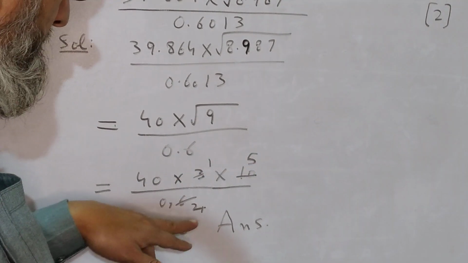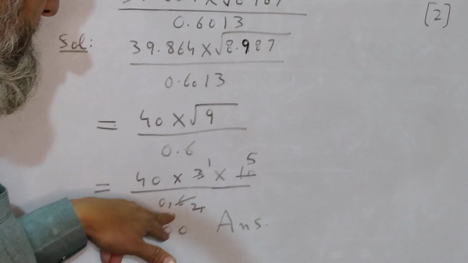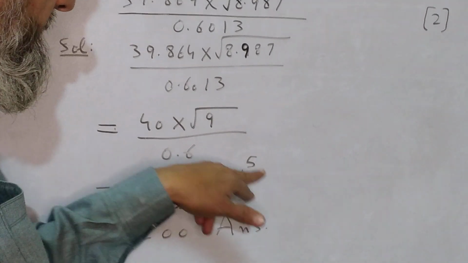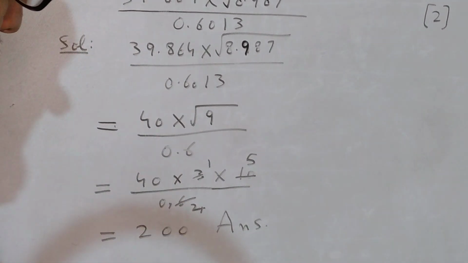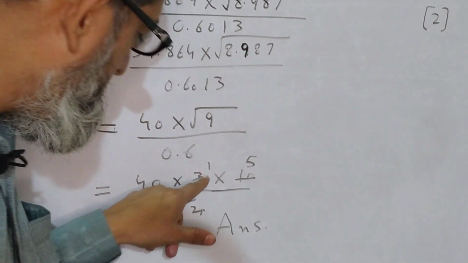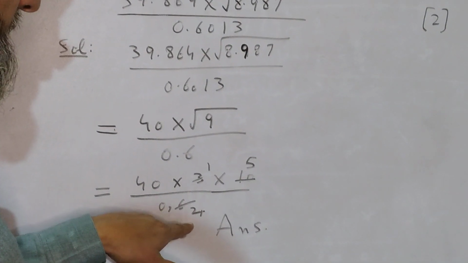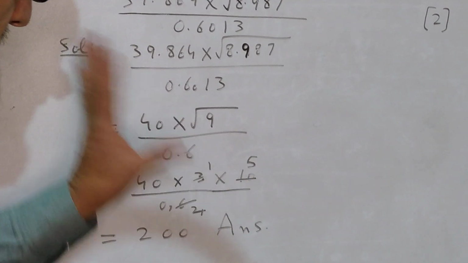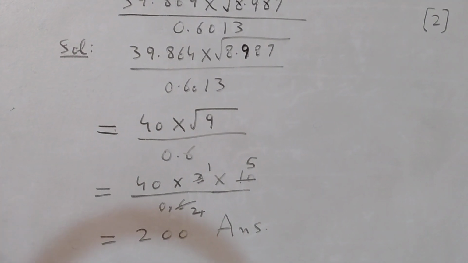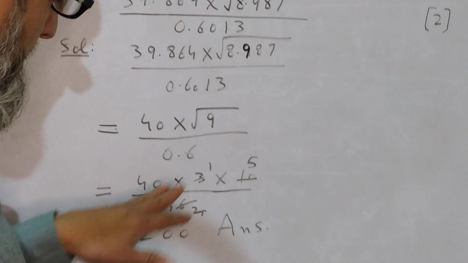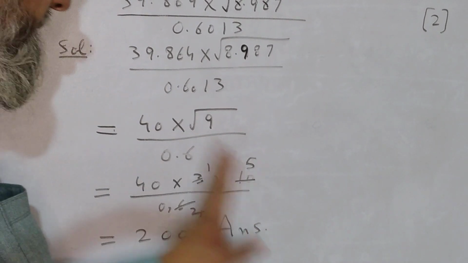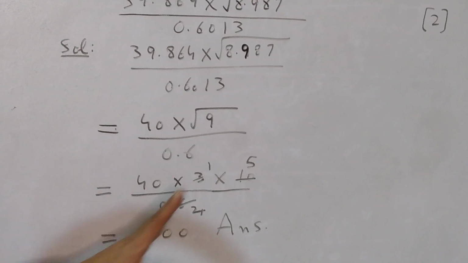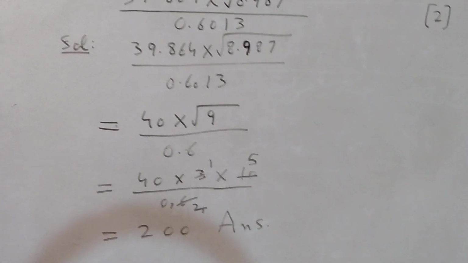And then here we remove this decimal. When the decimal is removed, in the numerator there is 10. So now we solve it. 3 times 1 is 3, 3 times 2 is 6, and then 2 times 1 is 2, and 2 times 5 is 10. These three terms are cancelled among each other. Then here we have only 40 and 5 in the numerator, and all the remaining terms are cancelled. So 40 multiplied by 5 is 200, that is our answer.